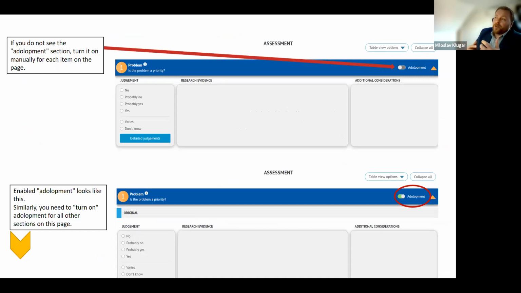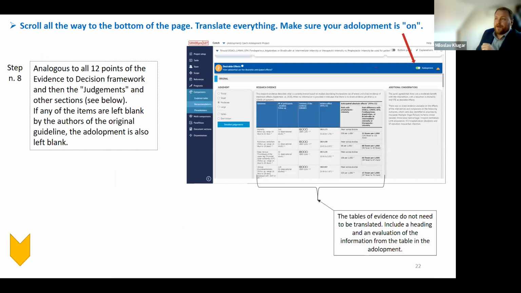So when you are in the development feature of GRADEpro, as you can see on this slide, you just switch on the development, and then you can simply change, adopt and contextualize all that is already extracted on the RecMap, coming from evidence to decision tables, and of course also the ETD criteria and all of the parts.